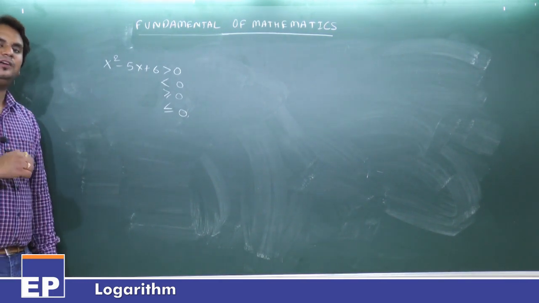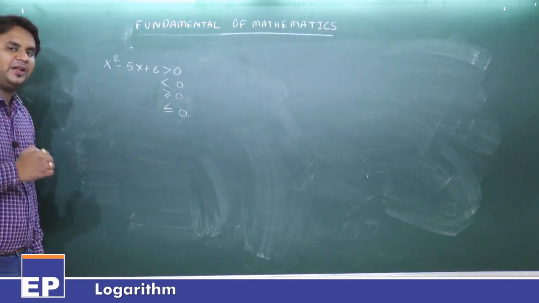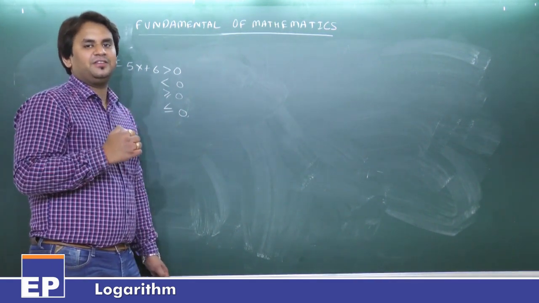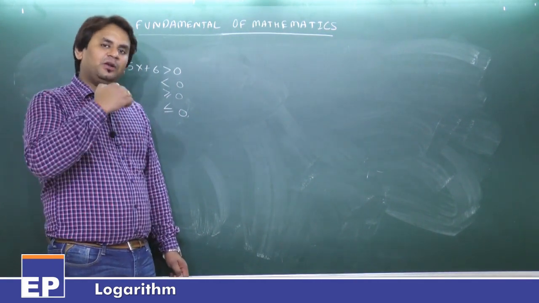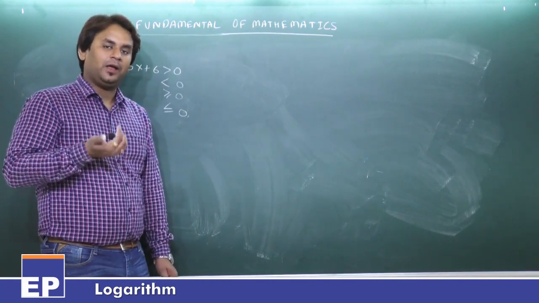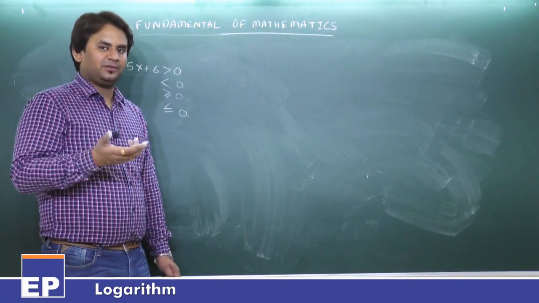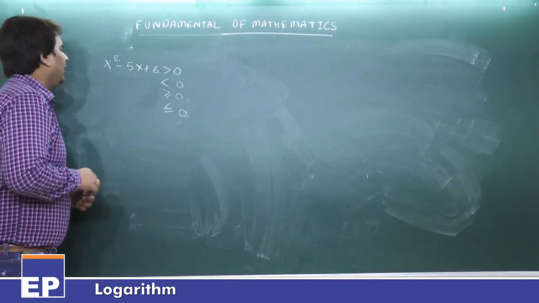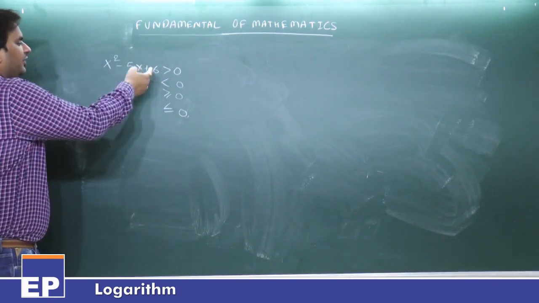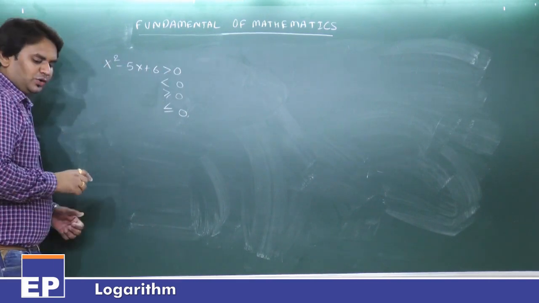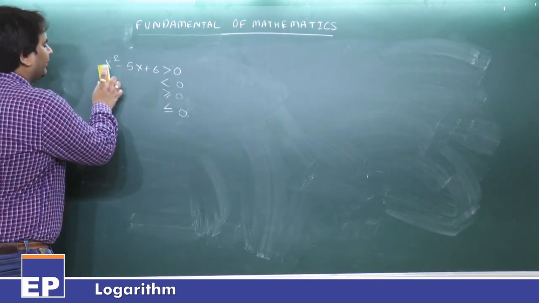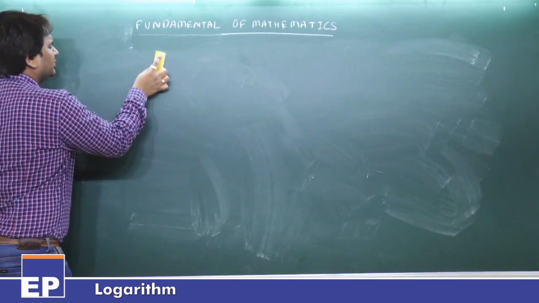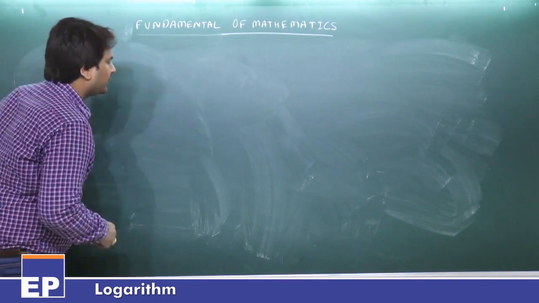Okay, and this is a part of fundamental mathematics, and this is a very important topic because in class 11 and class 12 we will be facing a lot of questions on inequalities, and the process to solve an inequality is only the Wavy-Curve method. So please listen to this, very important topic. x square minus 5x plus 6 greater than 0. So how to solve this type of question? I am telling you some rules. What are the rules?